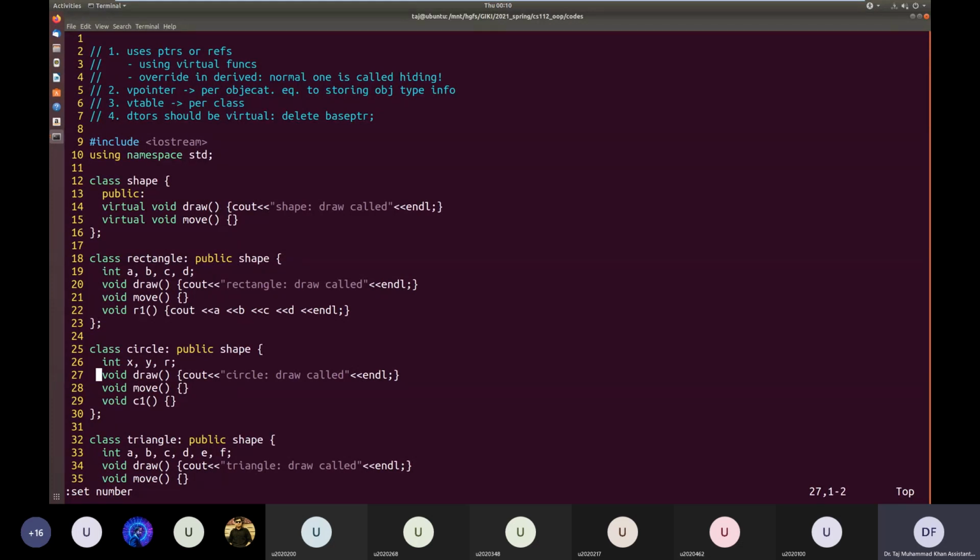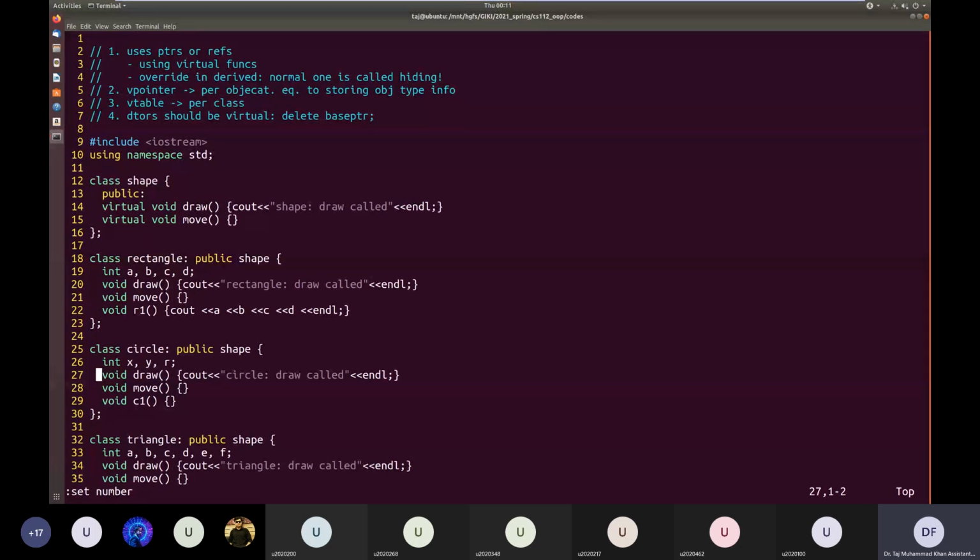So again, this interface is just a very high level, abstract interface that tells you that shape is an abstract concept and every shape should have these properties. Every shape should be able to draw itself. Every shape should be able to move. Every shape should be able to rotate, etc. So you can provide different high-level concepts that shape should be able to do.